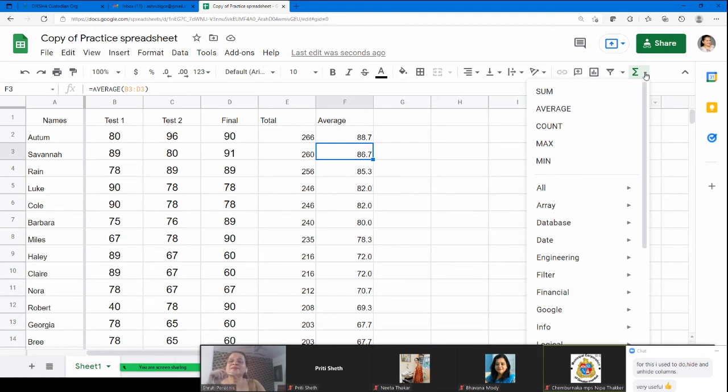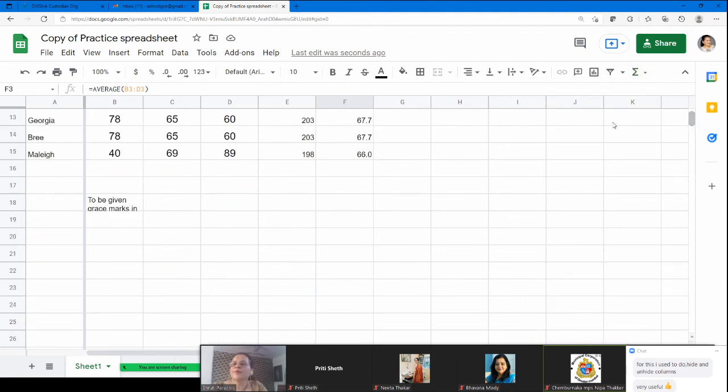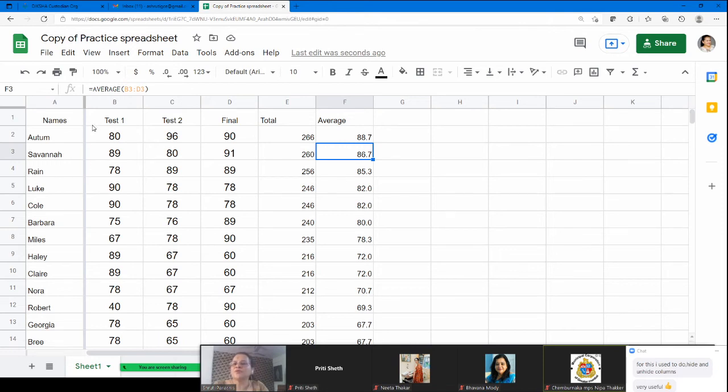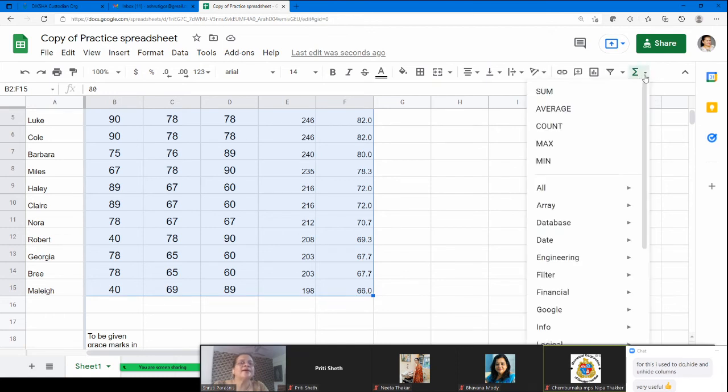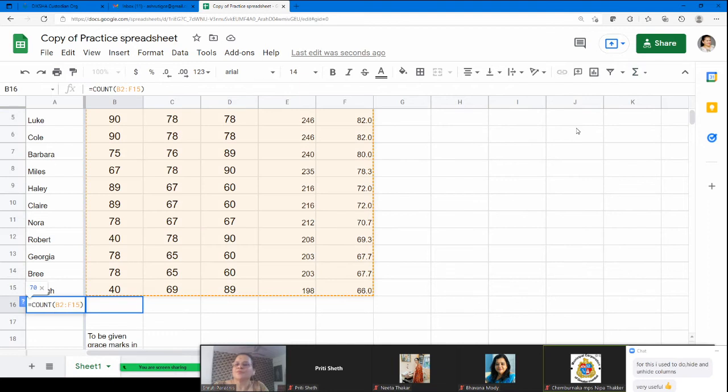Count, unique count means exactly how many are there. So you mark the whole range from B2 to F15, and then it will tell you exactly how many numbers are there. Do you want to try that? I'll show you. So let's suppose that we want to find out the exact number of all these. So we have to mark them all. So I have done left click and drag. Okay, so everything is marked, and then I want to count. So it tells me yes.